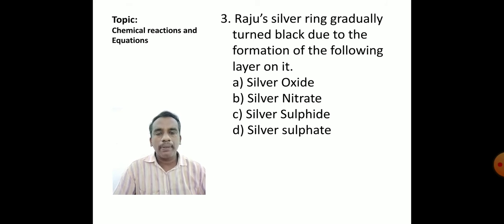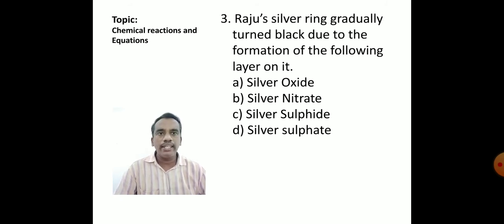Do you remember the topic called corrosion that we had already discussed? Yes, metals react with the gases present around them. Like iron reacts with moisture to form iron oxide. Copper, which is brown in color, develops a green coating over it, that is called copper carbonate. And also silver reacts with atmospheric sulfur to form silver sulfide, which is a black colored compound.